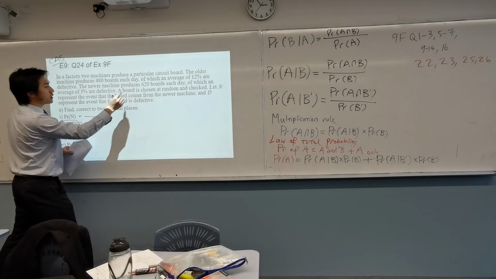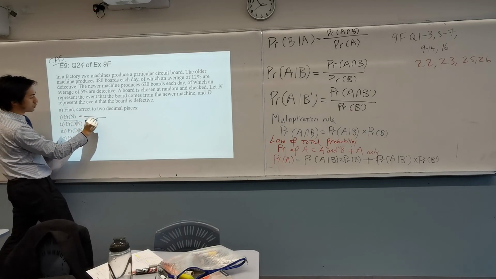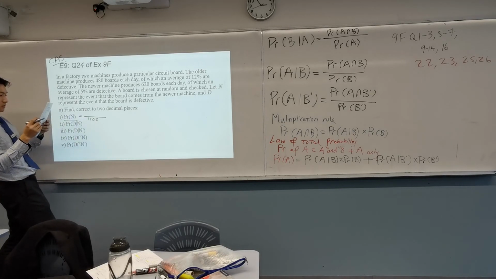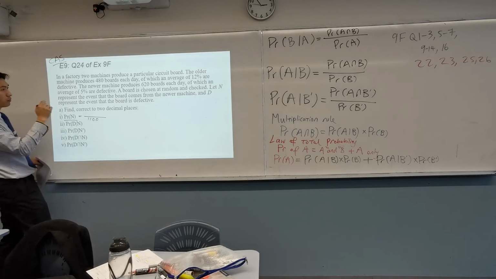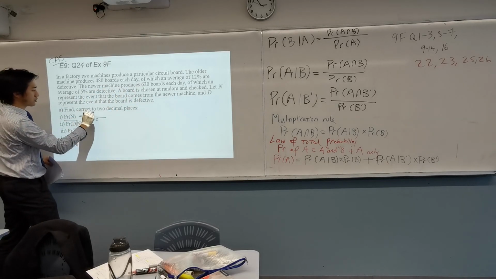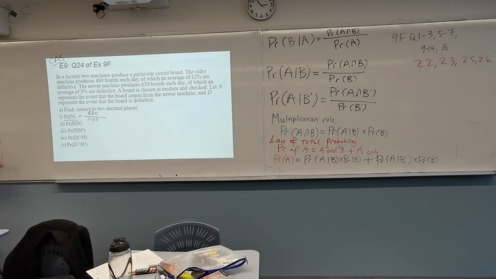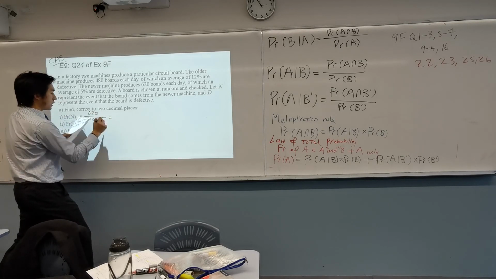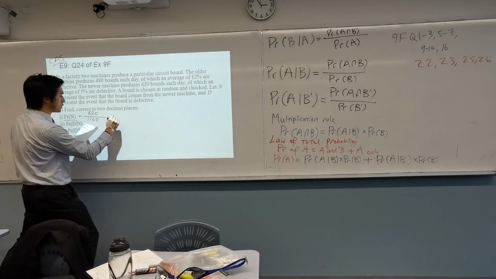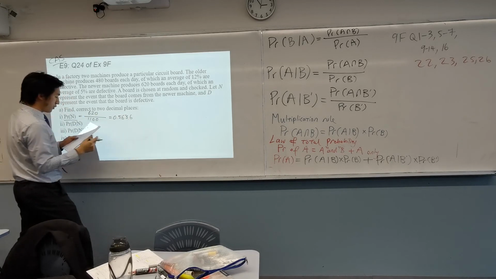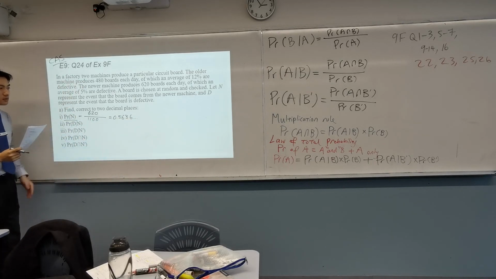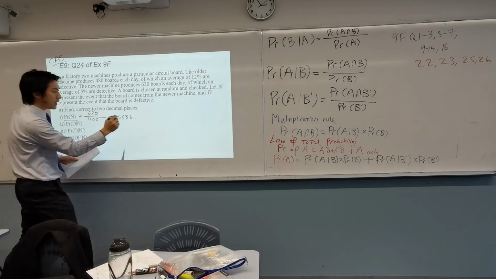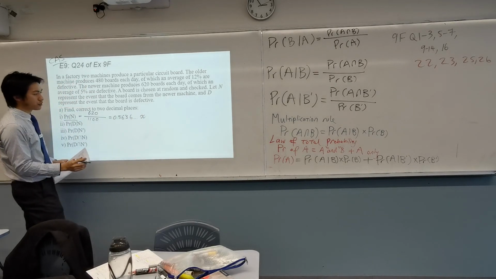1,100, right? So the sum of all boards produced in total is 1,100, is that right? Yeah. And we're only interested in the machine that produces new boards because there are 620. Okay, so that would be the answer, and then you'd have to simplify it. That's going to be equal to 0.5636, and it just keeps on going. And then you have to approximate it to 2 decimal places,